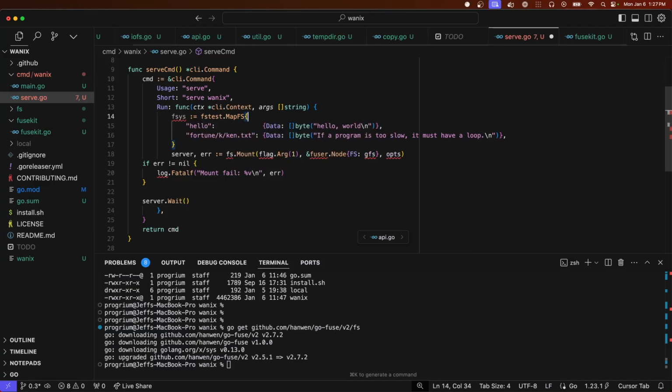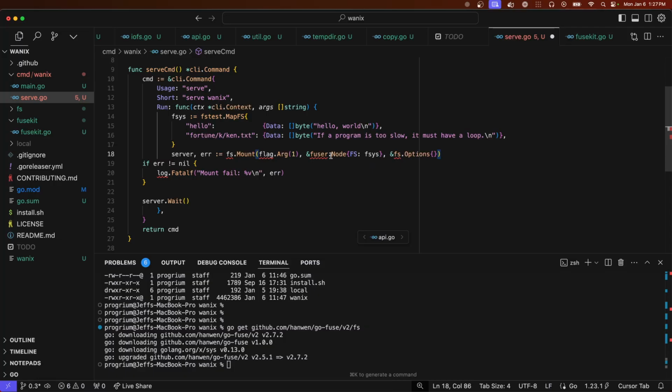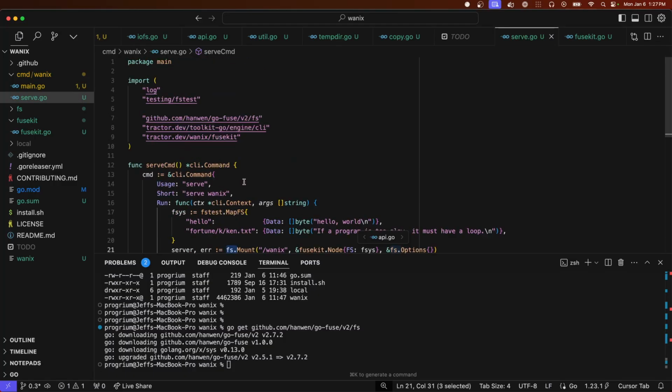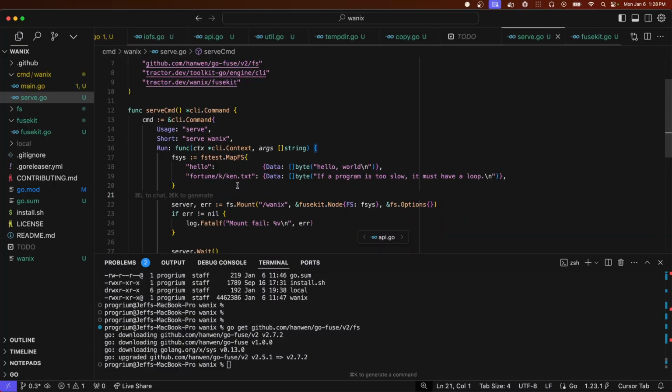This is our file system. Let's see where there are options. Fuse kit. We'll just mount at Wanix for now. And then let's see if we got the right FS. Yep. So in theory, now if we run serve,